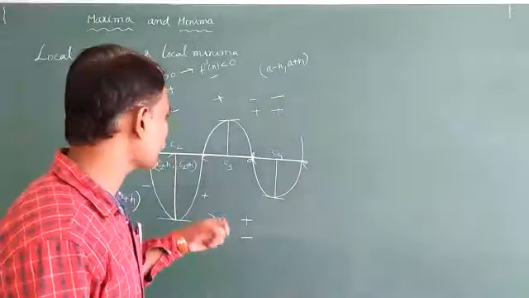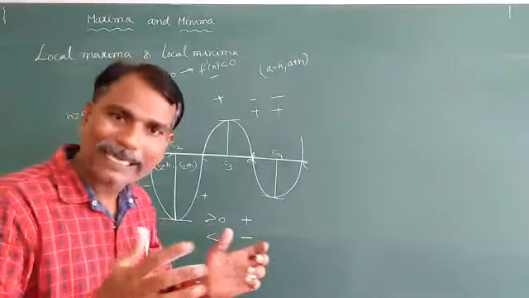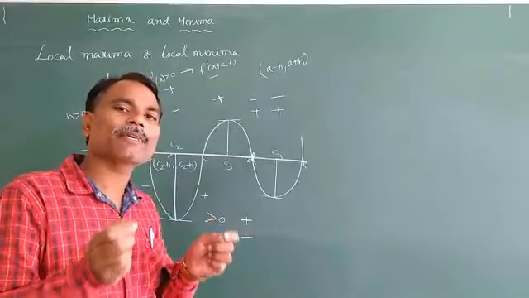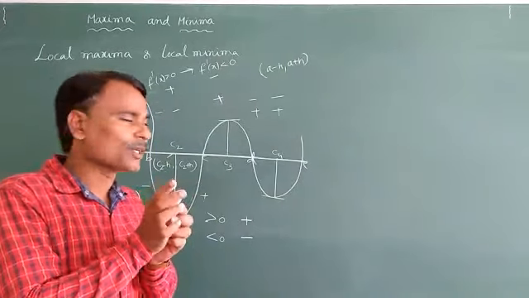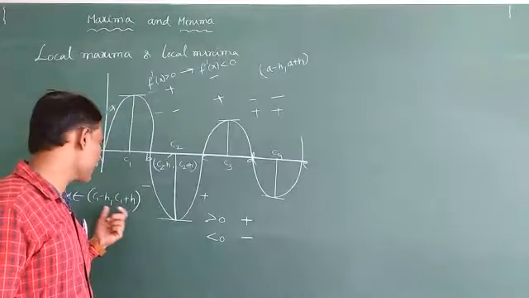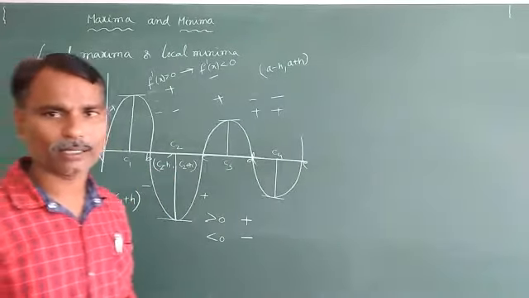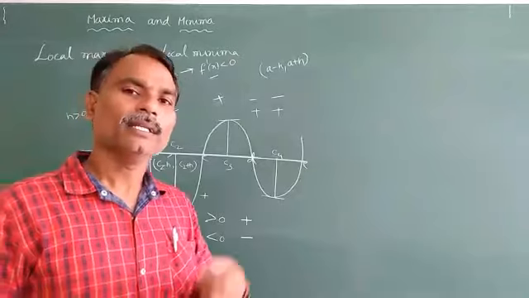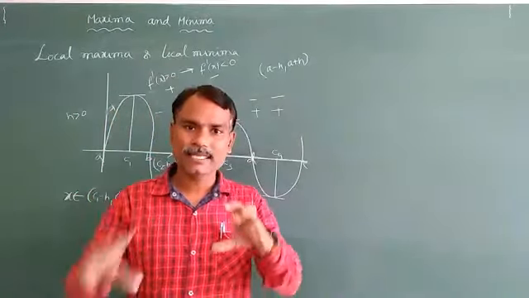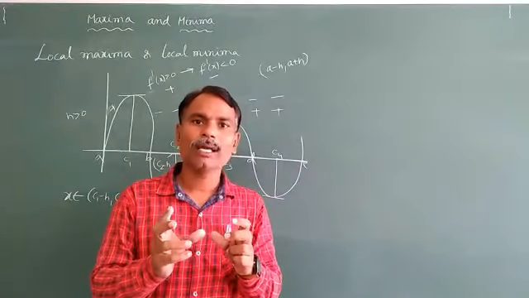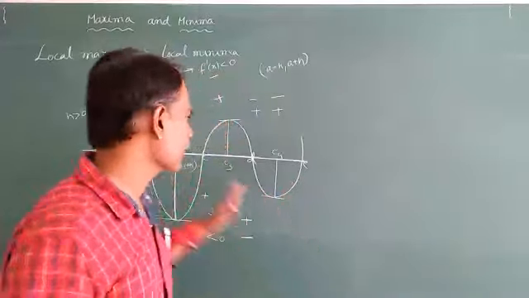And after understanding that, for local maximum and local minimum we are not taking the complete interval. We are taking a smaller part of that interval. If you take any critical point, say a is your critical point, then you can easily remember it: a minus h comma a plus h is the interval for local maxima or local minima. Clear? So like that we have it.